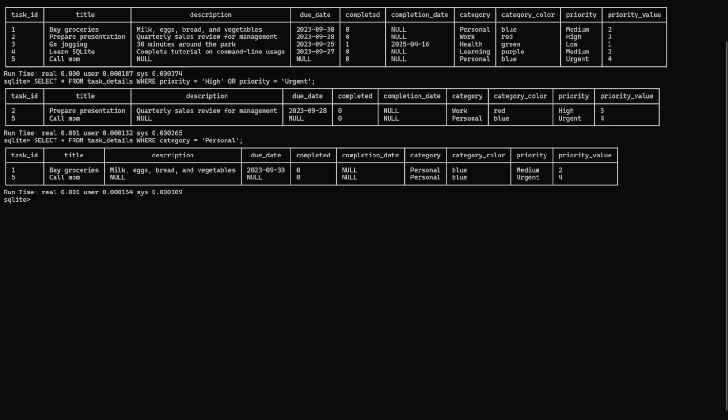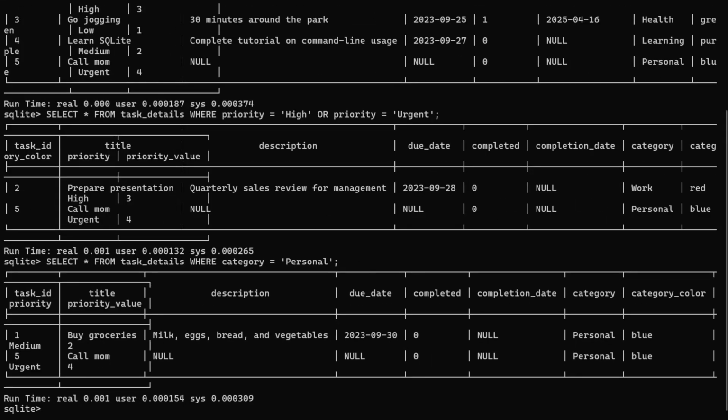This completes our SQLite 3 command line interface video tutorial. Now let's recap. In this video, we learned how to use the SQLite 3 CLI and its meta commands. We learned how to set up the SQLite RC file, and we created a to-do list application database. We learned how to extract and manipulate data using SQL select queries, and also create views to simplify complex queries.